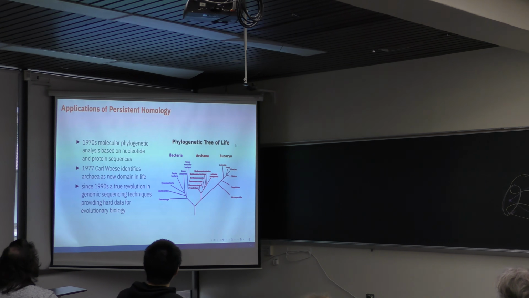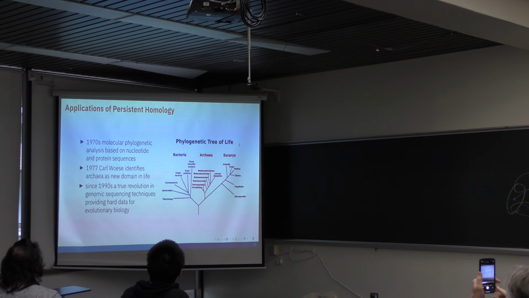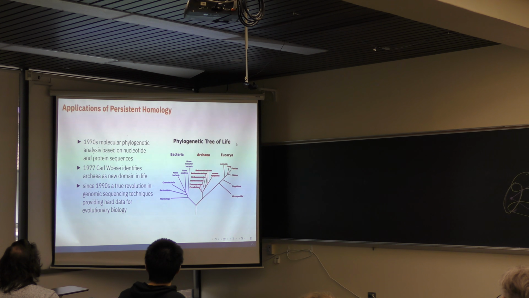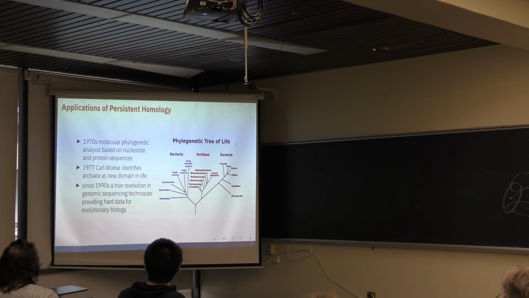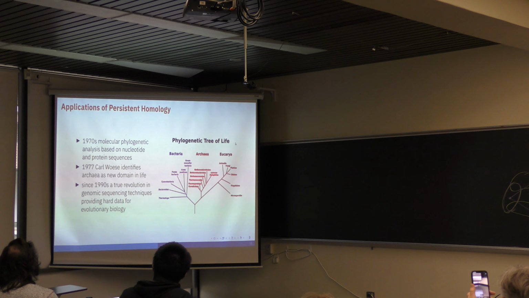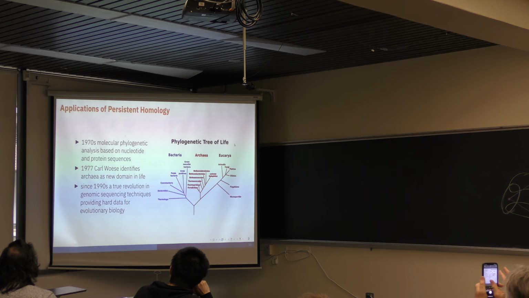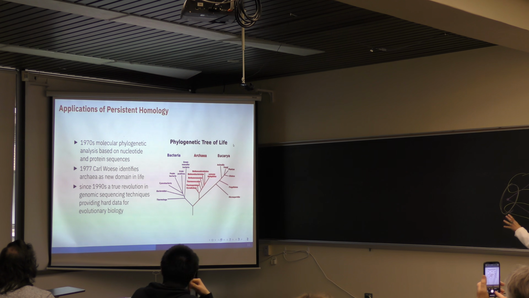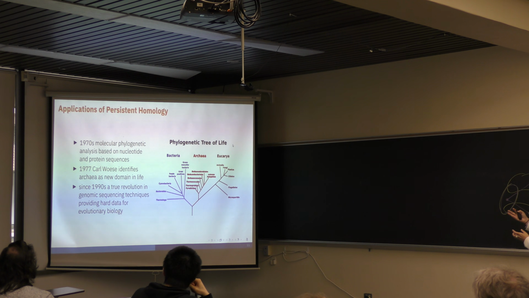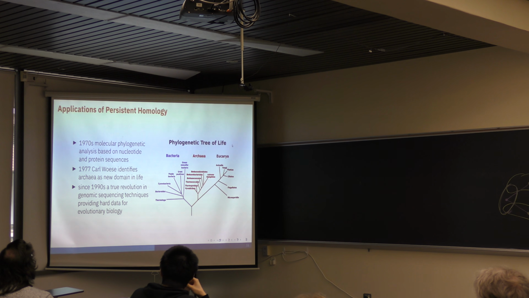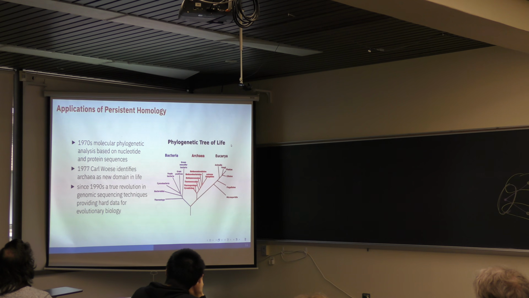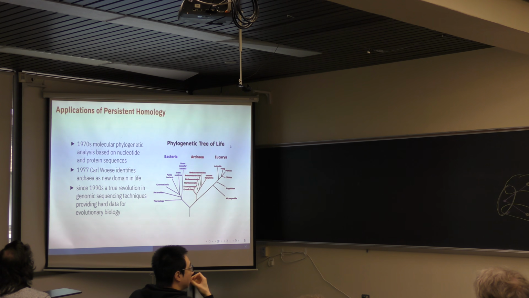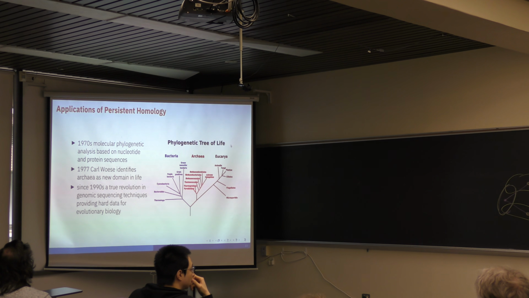In molecular biology in particular, there have been a lot of surprising discoveries in the late 20th century. For example, in 1977, they found a new domain in life. So they had bacteria as one domain, eukarya, and then archaea was a new domain. What was happening was that when they started observing these life forms that Darwin couldn't observe or know about,